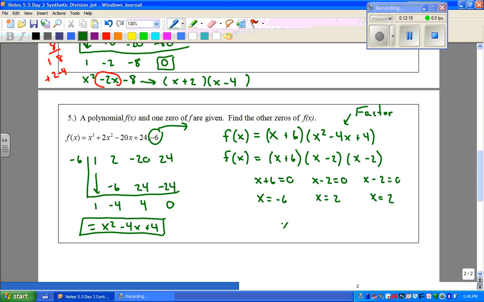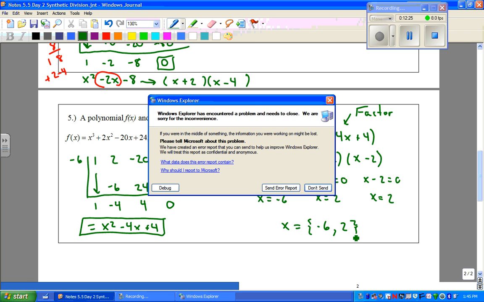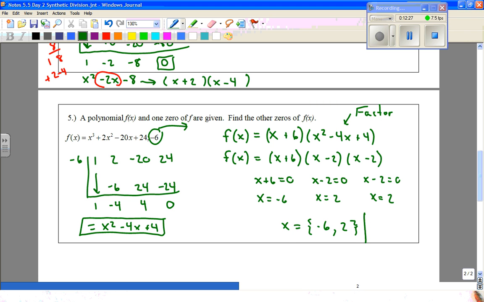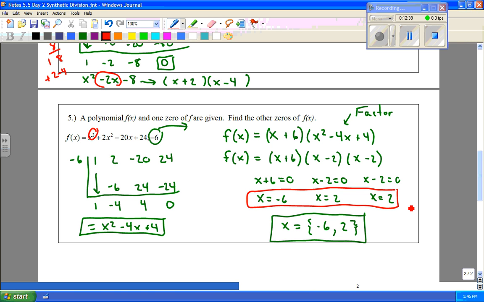So your x values for this are going to be -6, and we end up with 2 2's here. It's a double solution. I don't have to write it twice, so I'm just going to write my solutions as -6 and 2. Again, my degree is 3, which means I'm going to end up with 3 solutions. But you'll notice one of them is a double solution, which means if we were to look at this one,